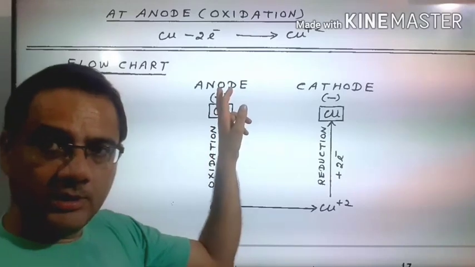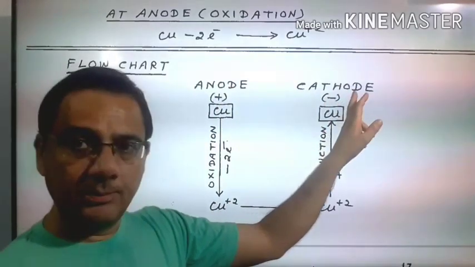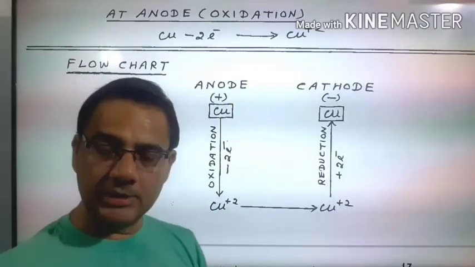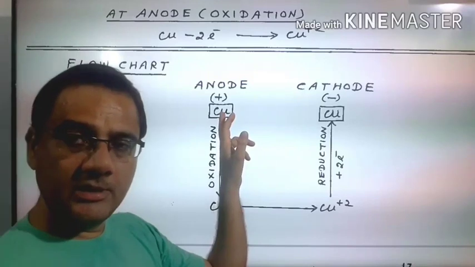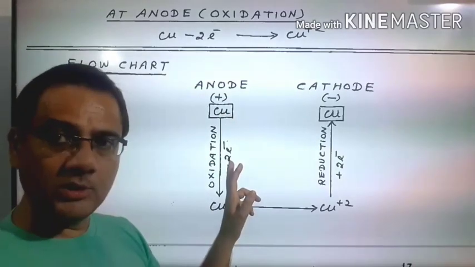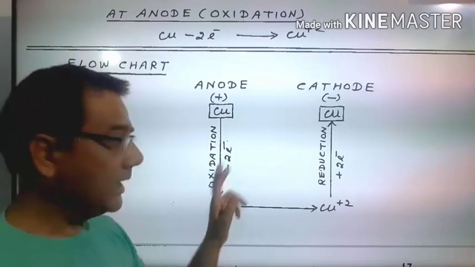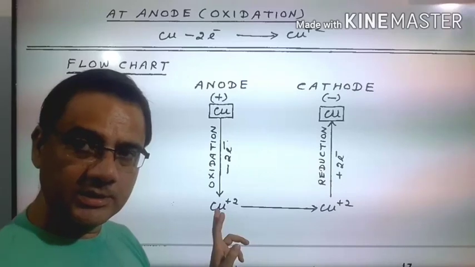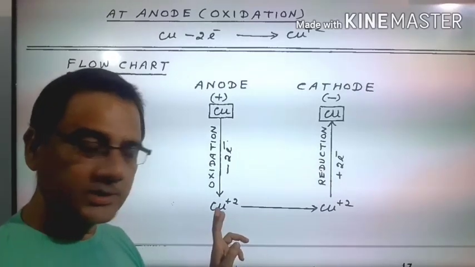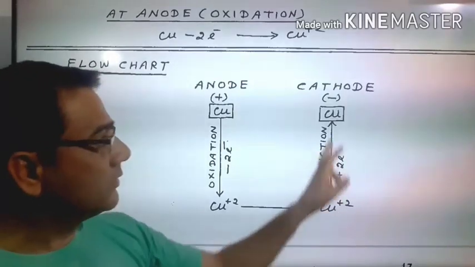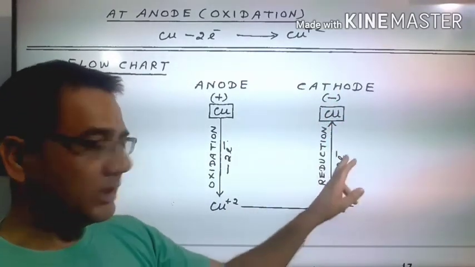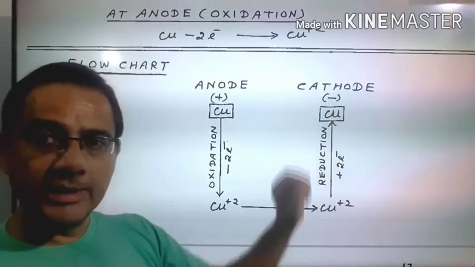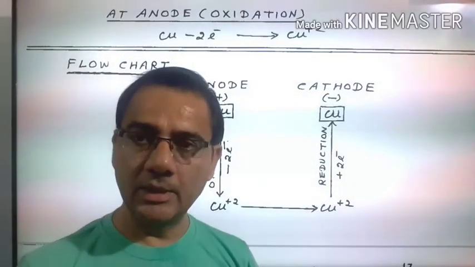This side anode, impure copper, this side cathode, pure copper. This is negative charge, this is positive charge. ठीक? When the chain process starts, each copper atom that is present in the impure metal loses 2 electrons and that process is called oxidation, and this copper converts into copper plus 2 ion. This copper plus 2 ion does not stay in the solution because the electric current is continuously passed. So this copper plus 2 ion starts moving towards the cathode and gains 2 electrons, and that process is called reduction. And after gaining those electrons, this copper metal gets reduced and deposited at the cathode.